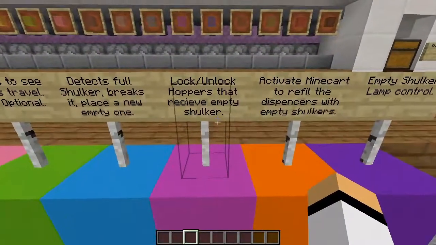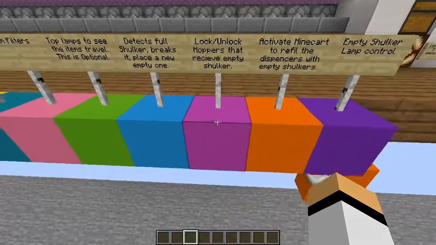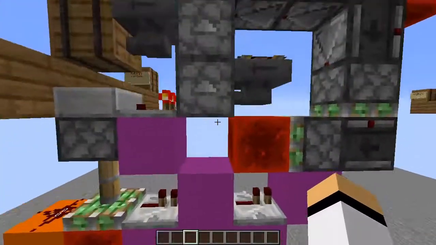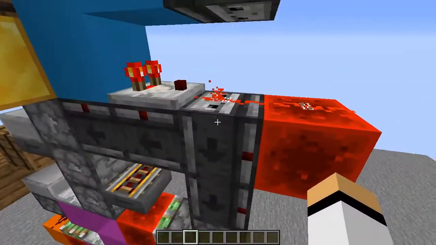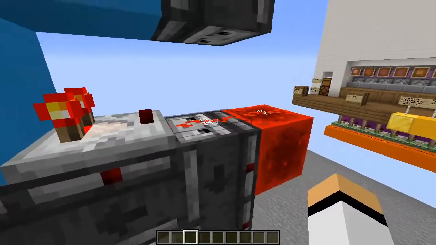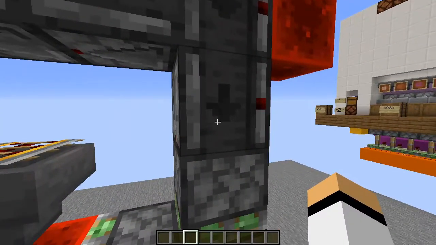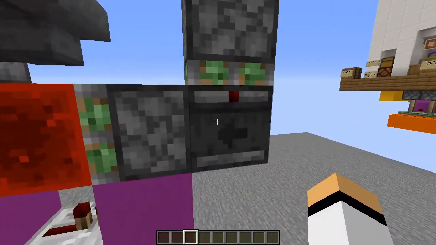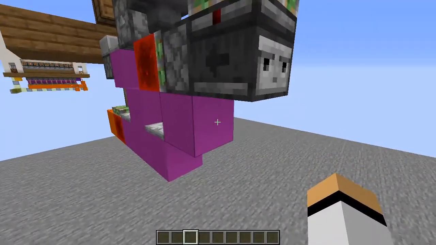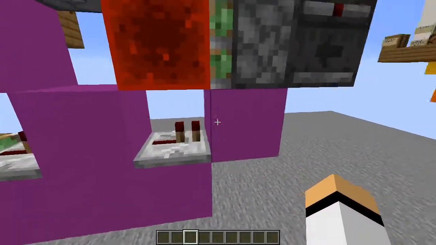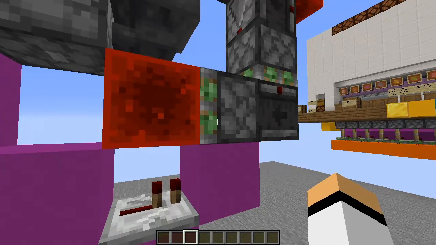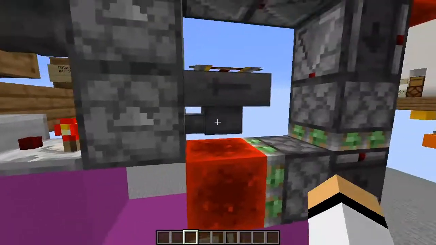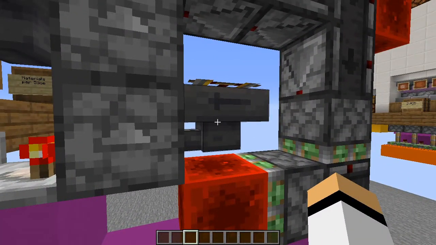And the next circuit is the lock and unlock hoppers that receive shulker boxes, right? So it's this bottom circuit here. As I was saying, this observer observes the signal change here, and the signal goes through this other observer, and it does a quick push to this slime piston here that makes this observer power this block here that will power the piston and make the redstone block stay here,